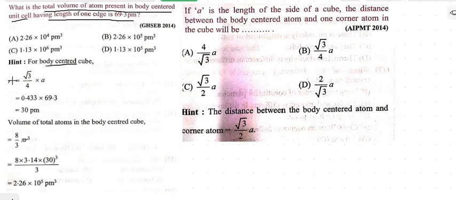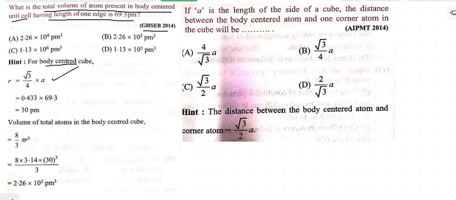So for body centered, you know what r is equal to: root 3a by 4. Okay, this is all the r and a relation for FCC, BCC and simple cube you need to remember. You also need to remember the density formula. There are several numericals and MCQs based on this. They may ask in entrance exams, or even in the board exams too.